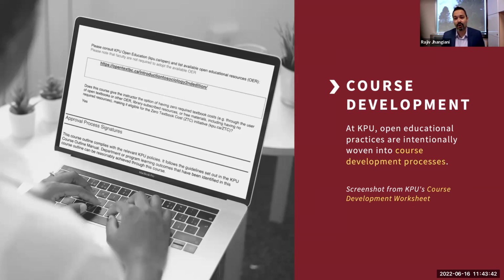So that's some of the context of what we do in open education at KPU. And of course, it's for all of these reasons and more that our expertise has been drawn on quite a bit, whether it's at national bodies, regional bodies, or internationally, where whether it's our librarians, teaching and learning staff, or leadership or faculty, we're asked to share our experiences and strategies.